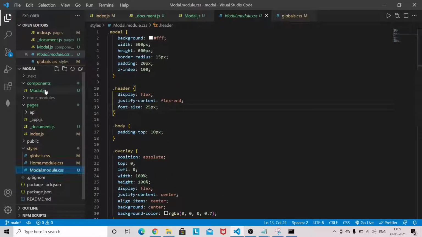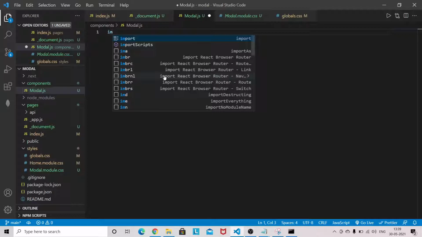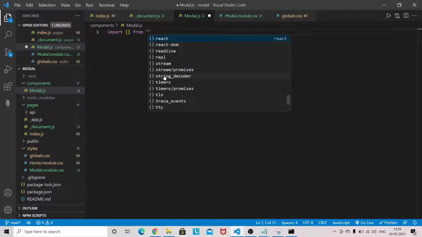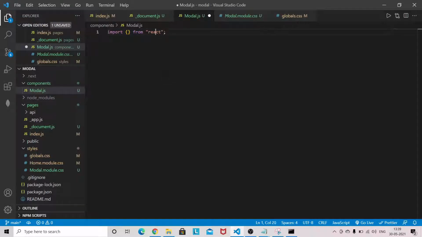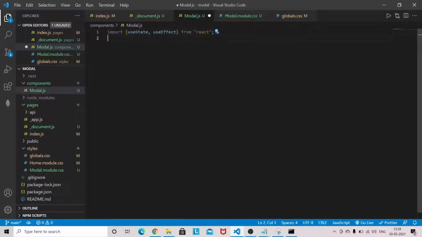Now come to Modal.js, and here I will import useState and useEffect from React. Now we need ReactDOM. For ReactDOM you don't have to install any package.